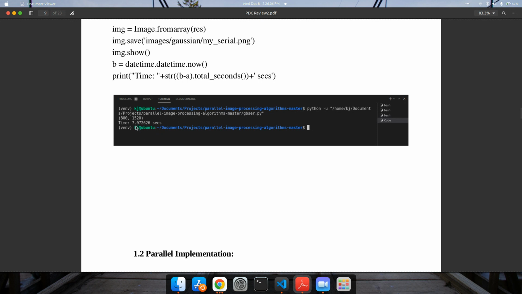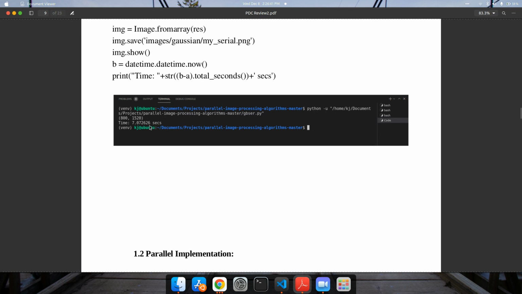So I've got 7.07, about 7 seconds to process the image.